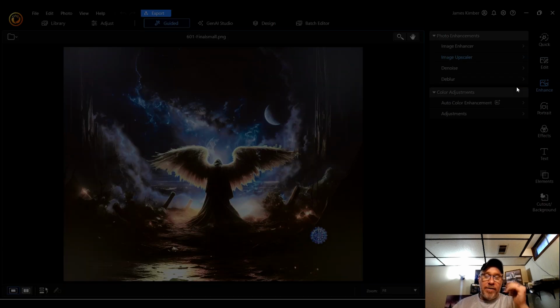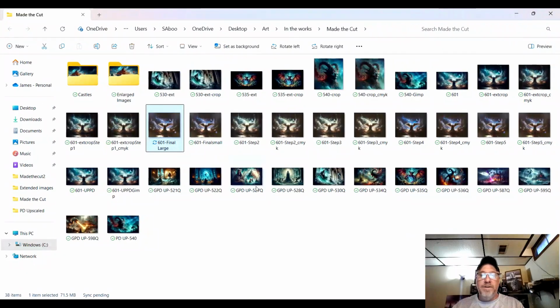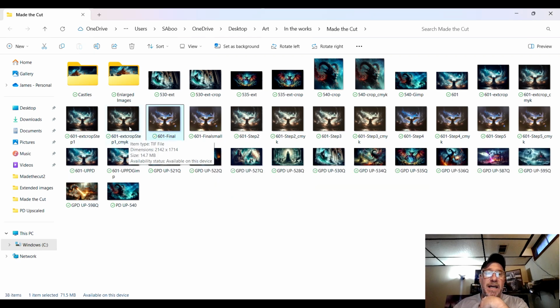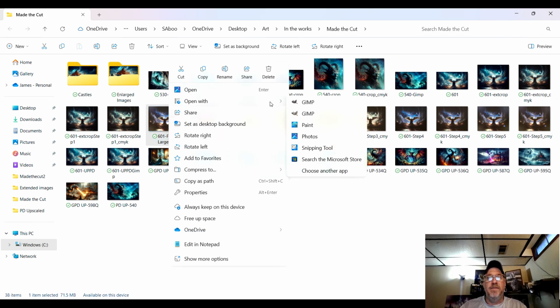Well, guys, this is how it works. So what I'll do is I'll take a look at this. This is now 71.5 megabytes, which should upload just fine. I have had a couple that I have had to put into a JPEG because literally the image files got so large that they just wouldn't upload. So we can take this and we can throw it in Paint,